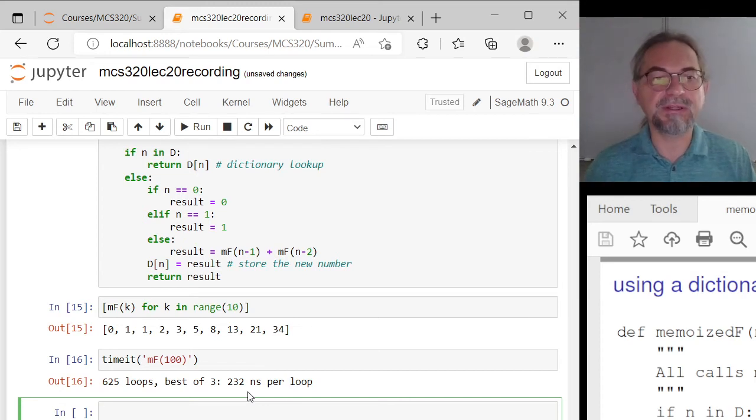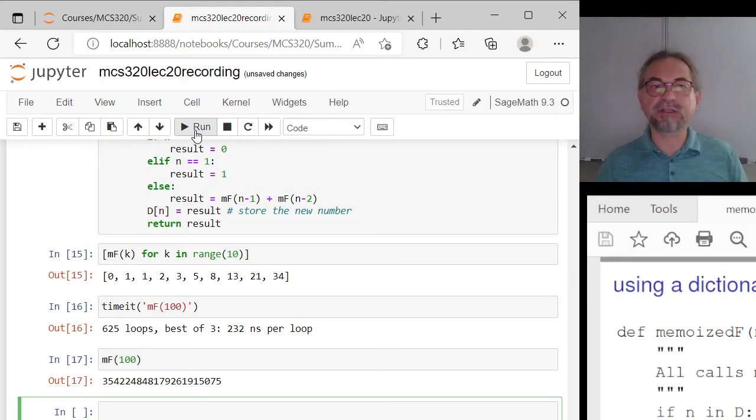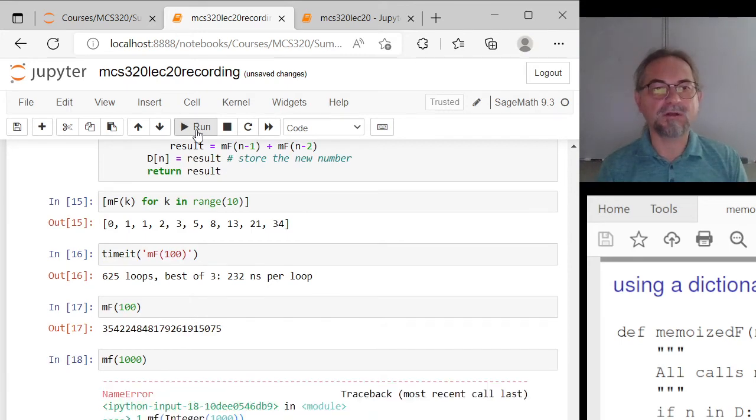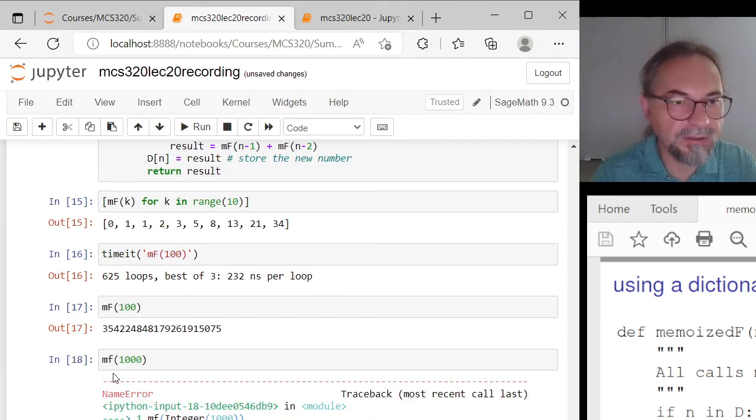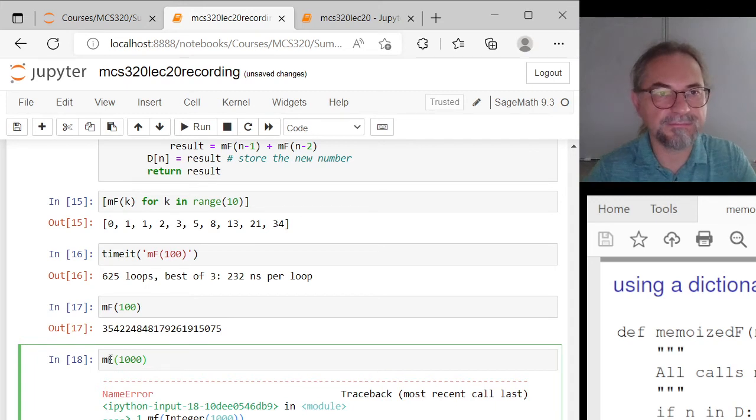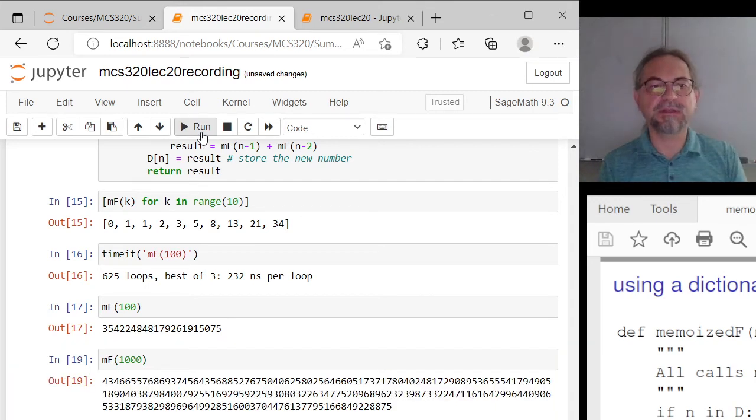It's really immediate. So if I type now MF100, in some sense nothing is computed. There is just a dictionary lookup. And one sees it's a huge number, but that is no problem in symbolic computation. I can even go farther. So if you want to see the 1000th Fibonacci number, and it's not a spelling mistake, then you see the answer is